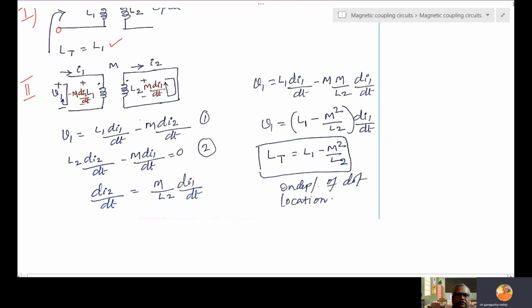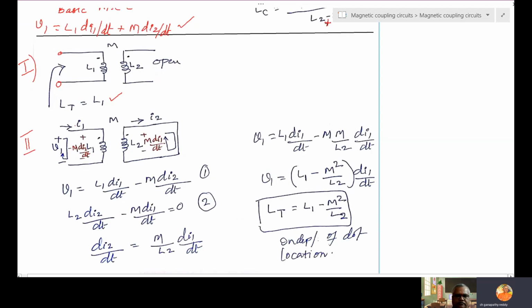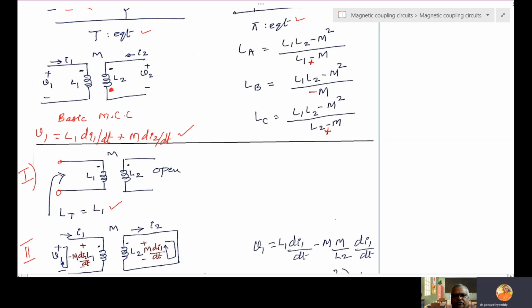But if secondary is shorted, then the L equivalent answer changes. So this change is